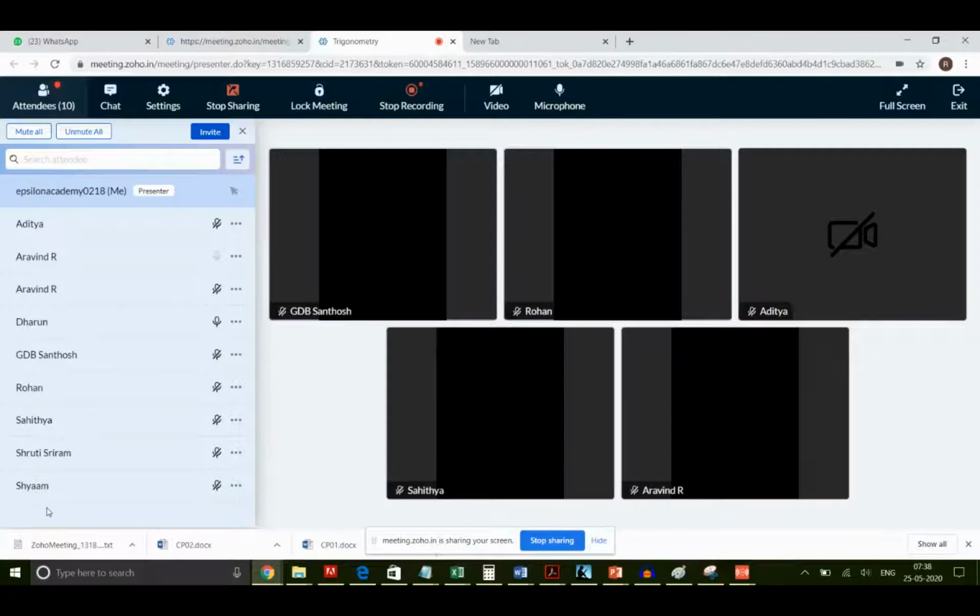Yeah, Darun, tell me. Sir, we can consider this to be a right angle triangle. Yeah, it is a right angle triangle. Then we can take one angle as A plus B and the second angle to be A minus B. No, it is not the same right angle triangle. I don't think so. Because 3, 4, 5 is a Pythagorean triplet, and 5, 12, 13 is a Pythagorean triplet. They are different triangles. They are not the same right angle triangle. So you cannot apply that concept. Okay.